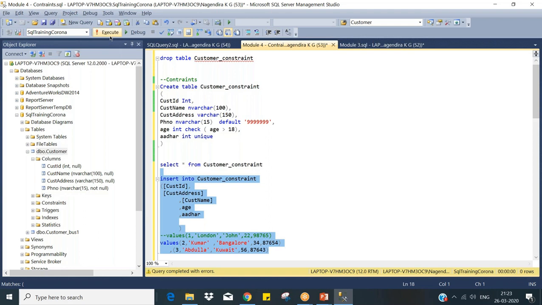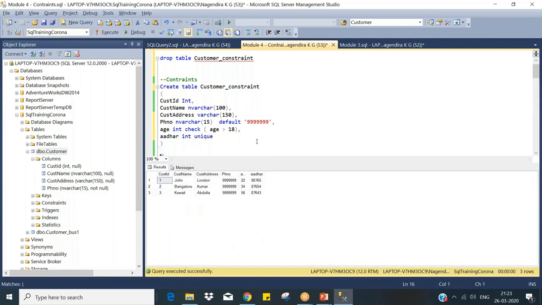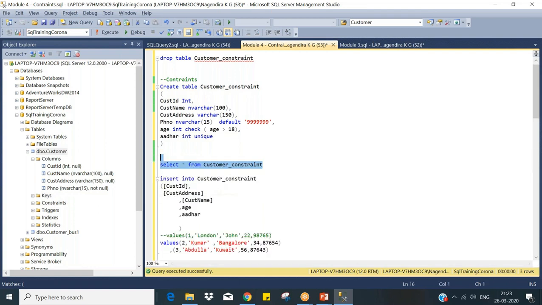Now you see each Aadhaar is unique: 986, 876, 87643, something like that. What happens when I try to insert a record with the same value over here? I can have one over here, I can have repeated here, repeated here, repeated here. This guy is repeated, the same. Okay. When you use this constraint,